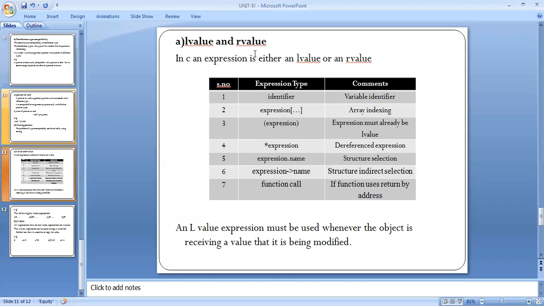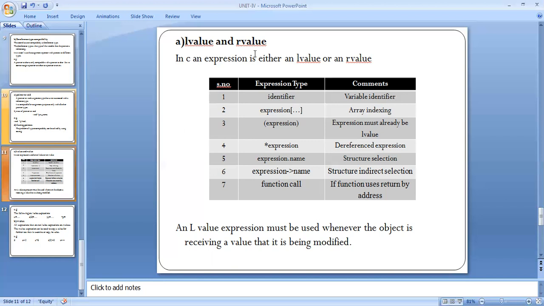Expression dot name is a structure selection. Expression arrow name is a structure indirect selection. When you are using a function call, the function returns by address.